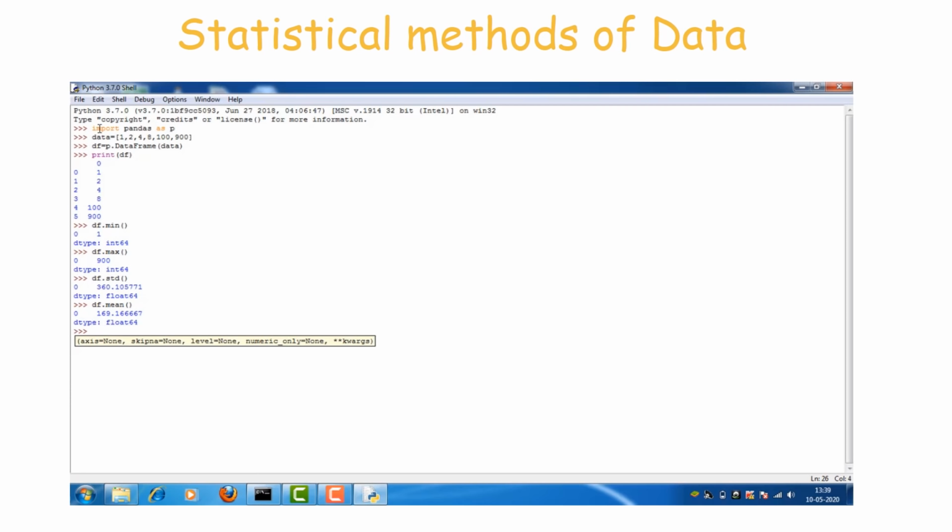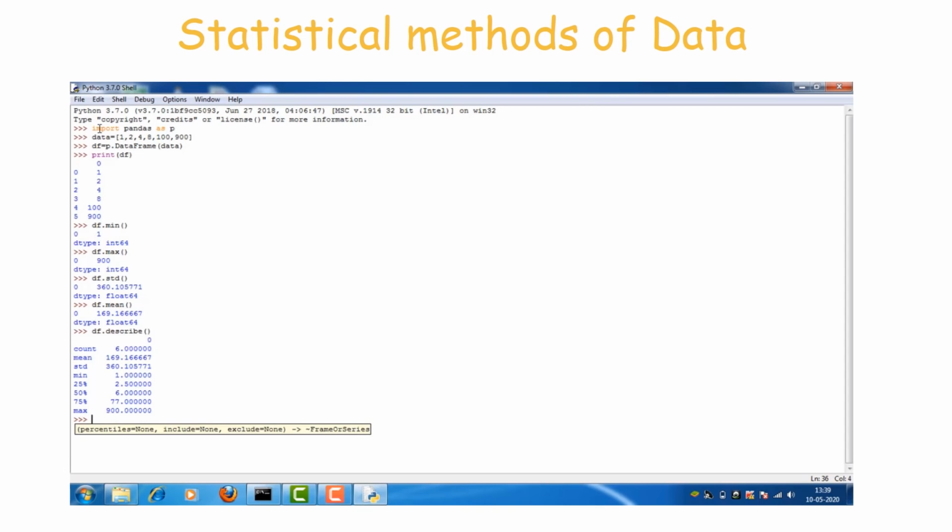After that, df dot describe. This method is used to get the statistical summary of the data frame: count, mean, standard deviation, minimum value, 25%, 50%, 75%, and the maximum value of the data frame.